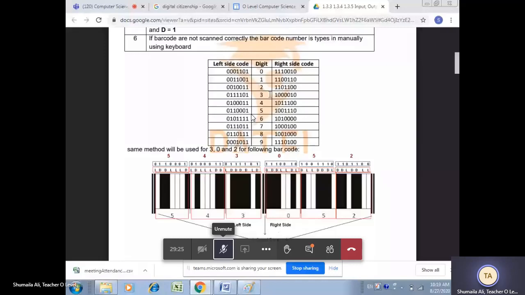So in this way, with the help of the table, we draw the barcode. We learn how to draw the barcode. For designing a barcode, 2 things are necessary: one is the table and the second is the question. If you have a question, you divide it into 2 equal portions and then consider the table. First you draw the bars at the left hand side, then you draw the bars at the right hand side. So boys, today we discussed barcodes.